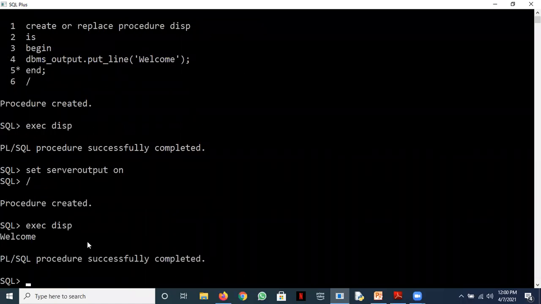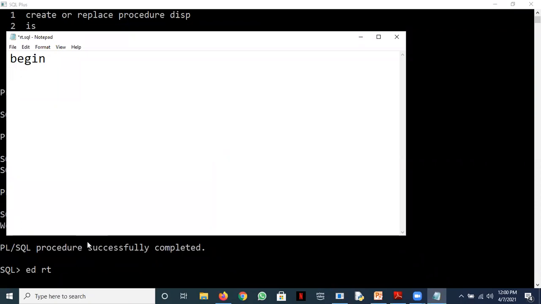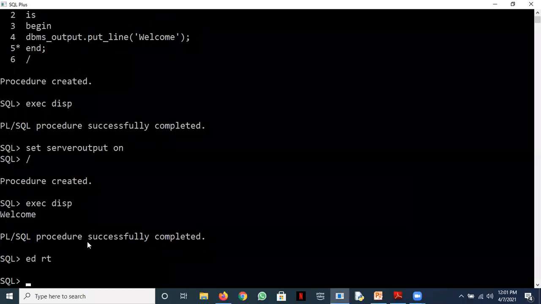Similarly, to run it in a PL/SQL block, I can create a block, and here simply write begin, and the procedure name. We can do without this also. Let's see if it works. Supposedly it should work.